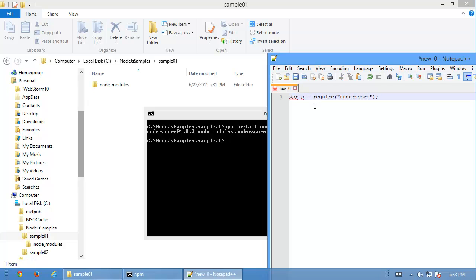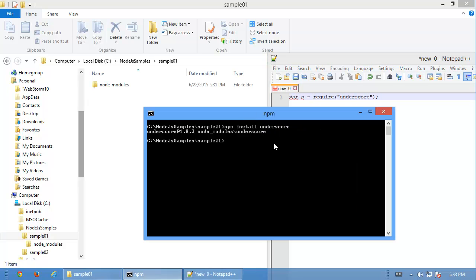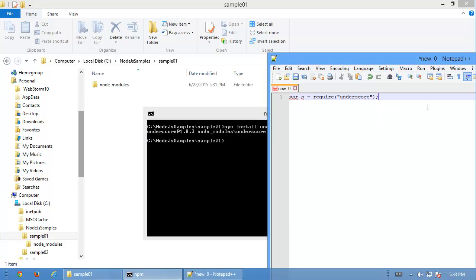So two steps in order to have a package. The first thing is install the package either locally or globally. The second thing is to refer to that particular package using require and get that reference into a variable called O in this case. You can use any variable. And once you have that variable, now you can literally use any of those particular features available as part of that particular package. For now, let us open